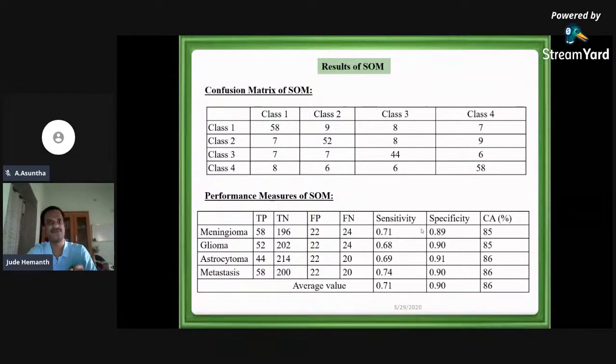Column-wise addition, leaving the correct value is called as FP. When you go for FN, row-wise addition, leaving the correct value is called as FN. Right? You can note it down if you want. When you say TP, it is all the diagonal values. When you say TN, leave that full row and full column, add everything together and have for TN. When you go for FP, column-wise addition, leaving the correct diagonal terms. FN, it is the row-wise addition, leaving the correct diagonal terms.